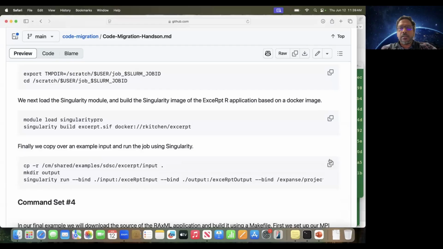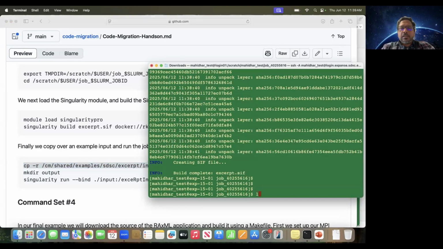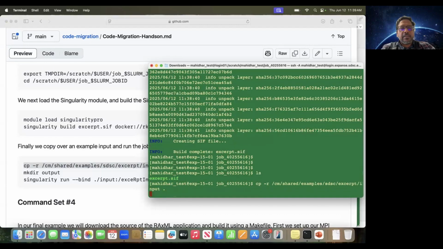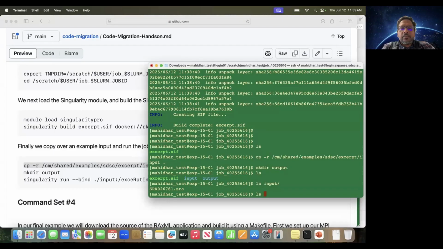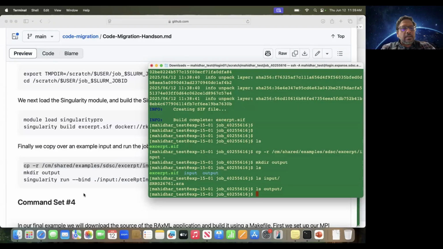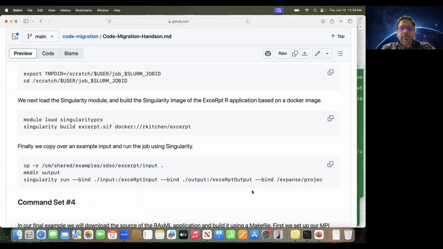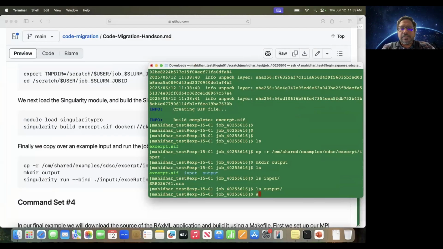Meantime, I can copy that file. So the container is made. I'm going to copy this and I'm going to make the output directory. So now we have the inputs, the outputs, and instead of doing the run, I'm going to do a Singularity shell so that you can actually see